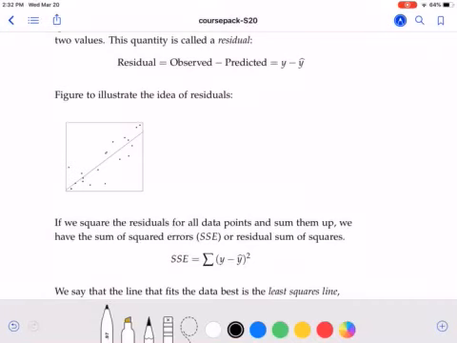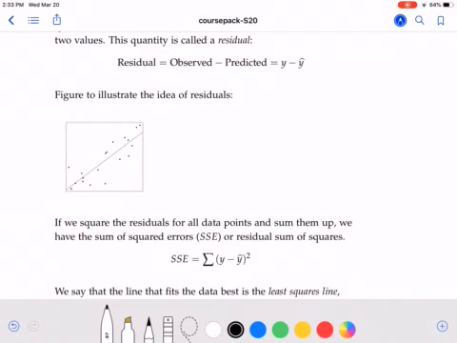How we determine the line that fits best out of all lines that we could fit to the data is actually using some calculus, so we won't derive the line, but the idea is that we want to minimize the sum of the squared errors, or the sum of the squared, what we call residuals. And so here's a generic plot with a line fit to some data points, and the idea of a residual